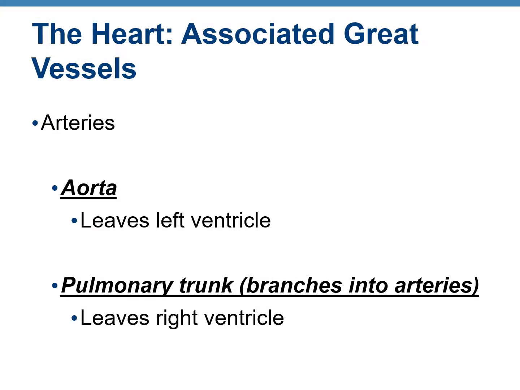There are two main arteries called the great vessels associated with the blood circulation. These are the aorta, which comes out from the left ventricle, and the pulmonary trunk, which comes out from the right ventricle. The pulmonary trunk, after coming out from the right ventricle, branches into the left and the right pulmonary arteries. These take deoxygenated blood from the right ventricle to the left and the right lungs. In the lungs, oxygenation of blood occurs, and then this oxygenated blood is brought back by means of 4 pulmonary veins to the left atrium.